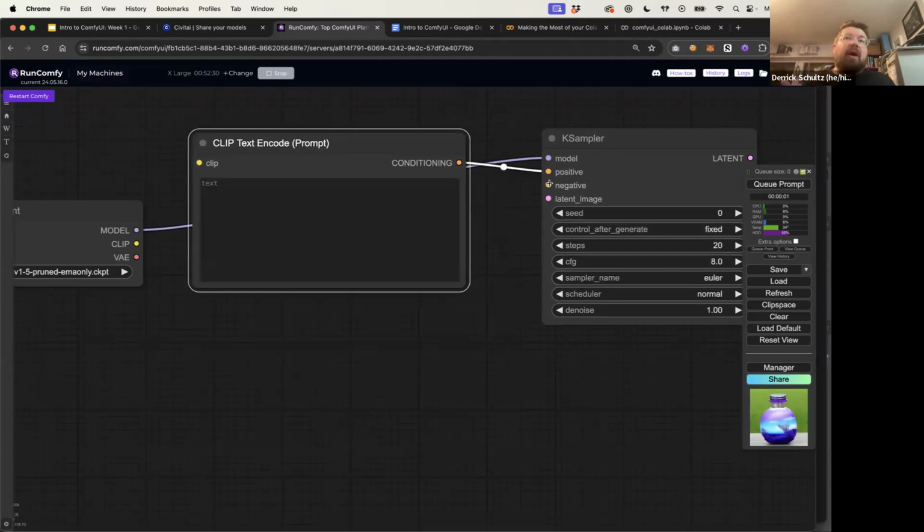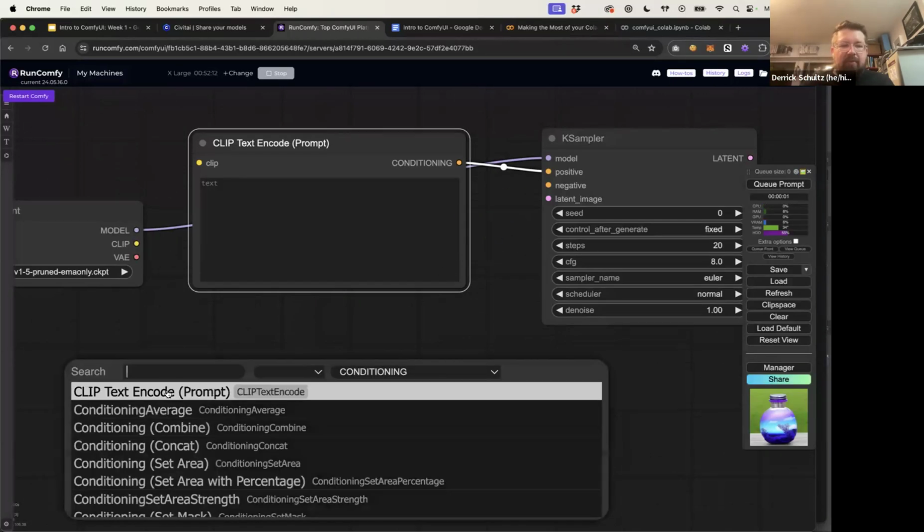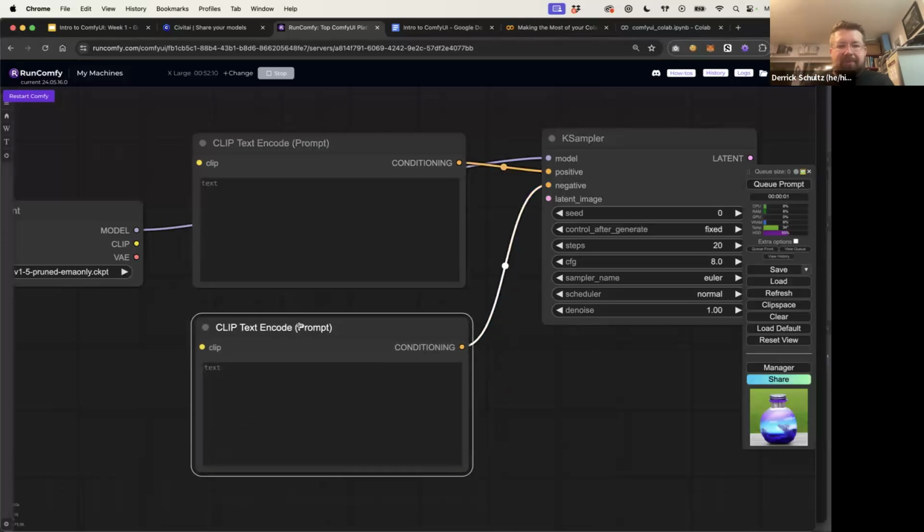If you use a tool like Midjourney or maybe a basic Stable Diffusion tool, not a lot of tools actually offer negative prompting, but negative prompting is by default expected in these tools. So we can drag out a negative as well. So let's click on this circle here, drag it out, hit shift, release, and we'll add another CLIP Text Encode.